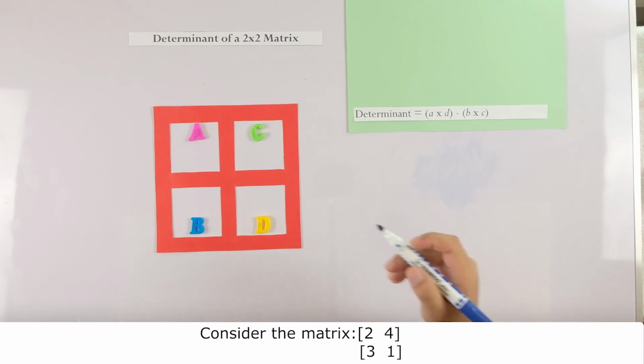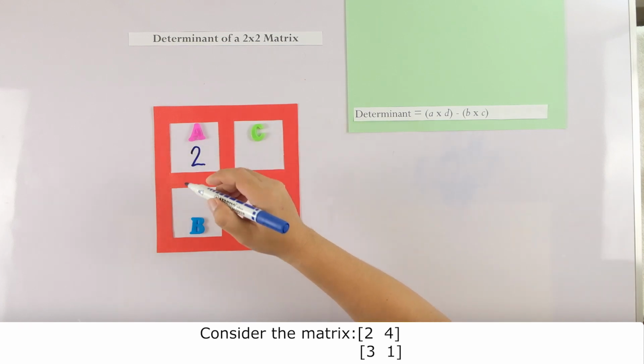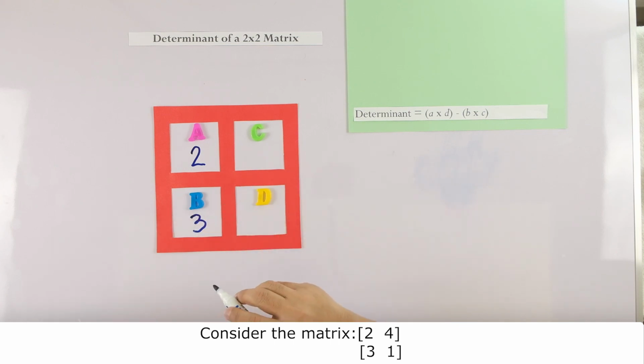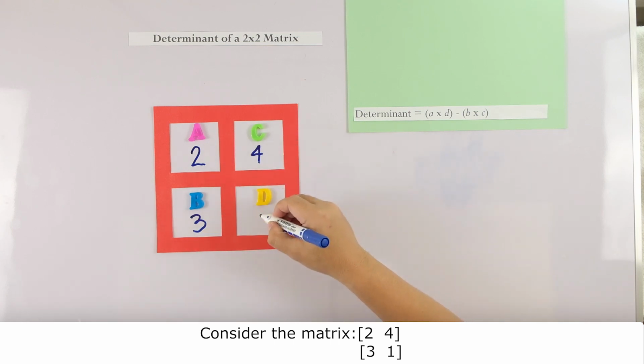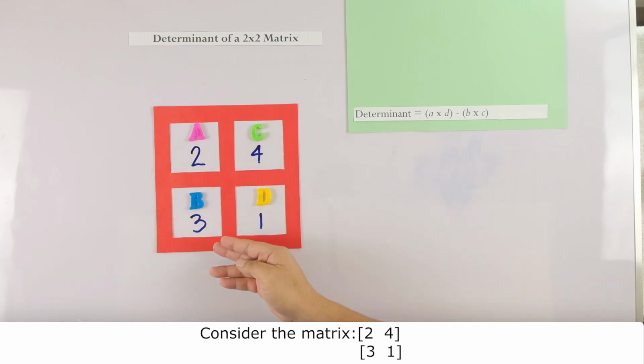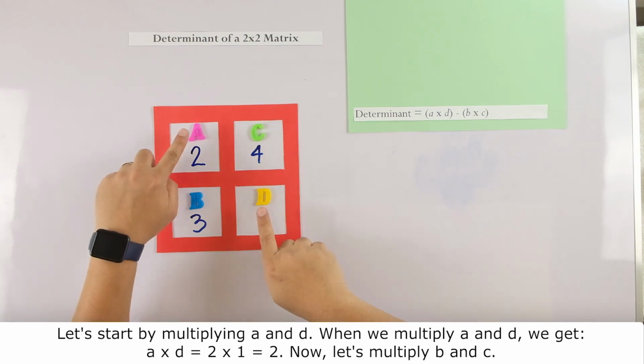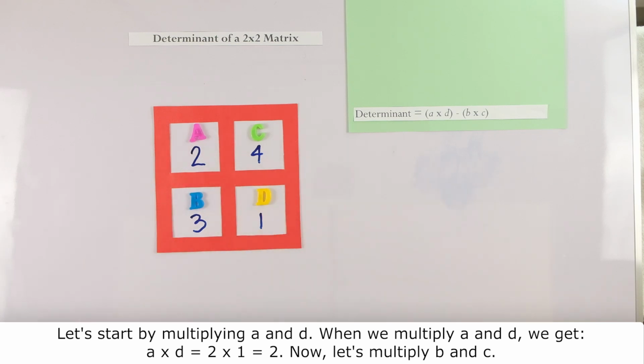Consider the matrix 2, 3, 4, and 1. Again, 2, 3, 4, 1, where A is 2, B is 3, C is 4, and D is 1. Let's start by multiplying A and D. That's A and D. When we multiply A and D, we get